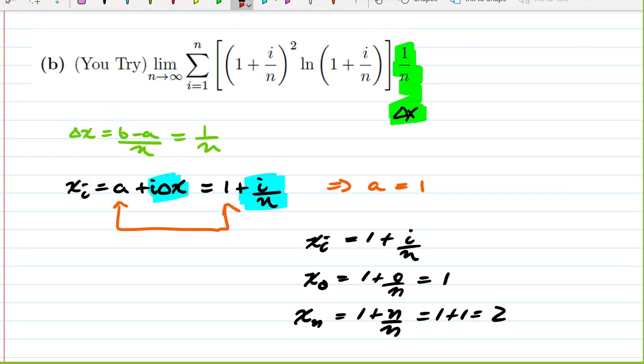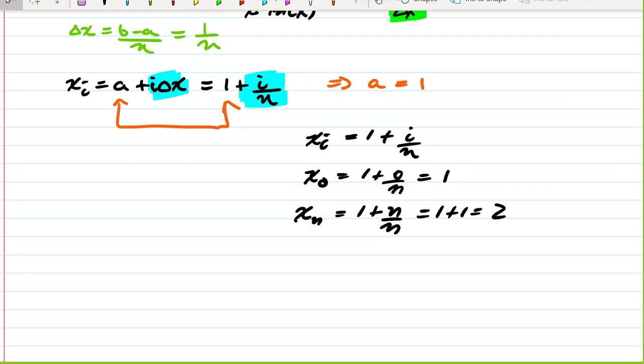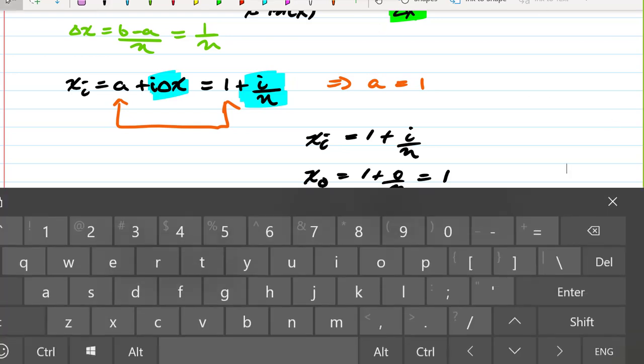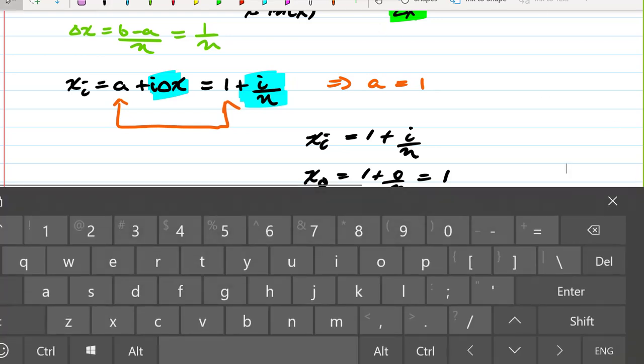If each of these are our x sub i's, then we're left with our function being x squared ln x. So as an integral, we end up with the integral from 1 to 2 of x squared ln x dx, which would be the value, or our definite integral,